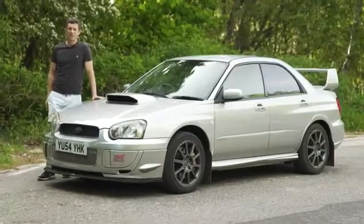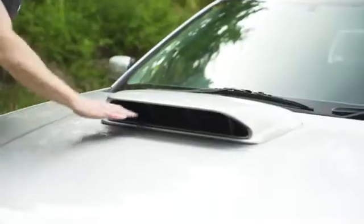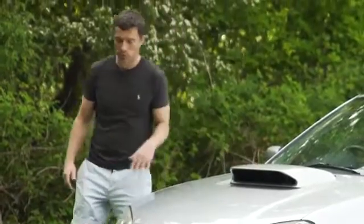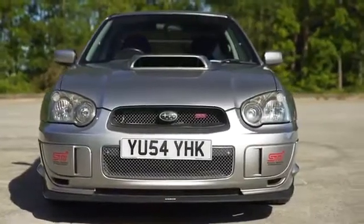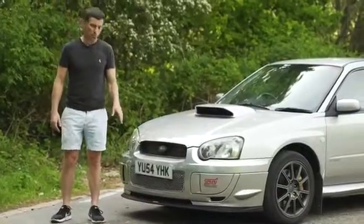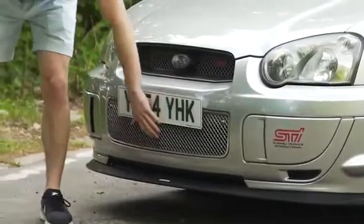The most recognisable feature about the front end of this car is, of course, this huge bonnet scoop to feed air into the intercooler, and it's actually slightly larger on the STI than the normal WRX. The rest of the front is largely the same, apart from some STI badging here and here, though this one, being the ProDrive Performance Pack, gets a little front apron here,